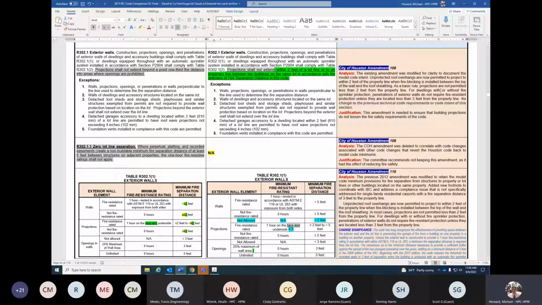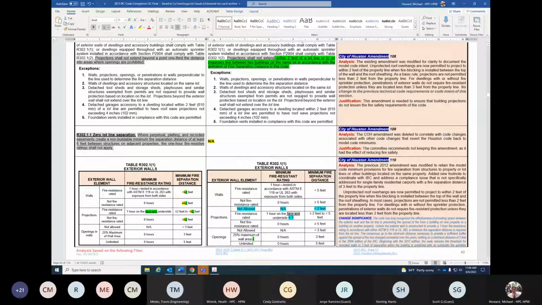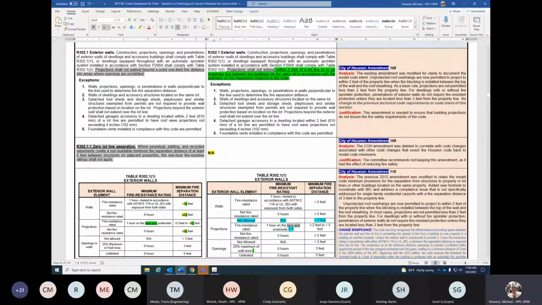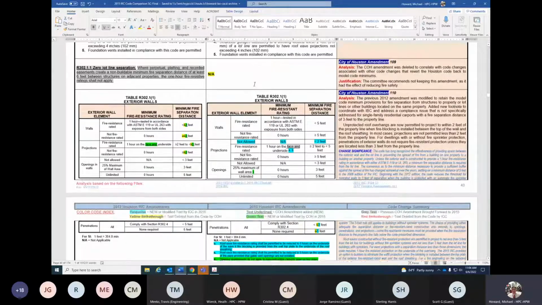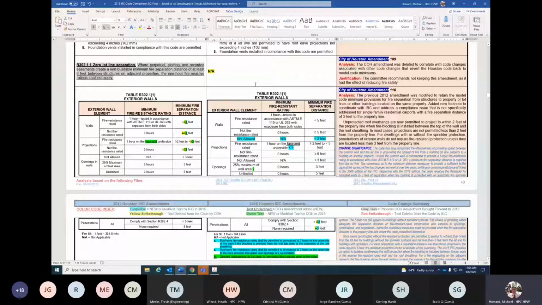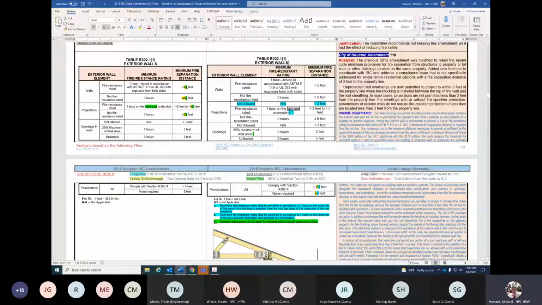For dwellings with or without fire sprinkler protection, penetrations of exterior walls do not require fire resistant protection unless they're located less than 3 feet from the property line. There shouldn't really be a change to the base code requirements for this particular section, but there is a change to the exterior wall fire protection requirements based on table